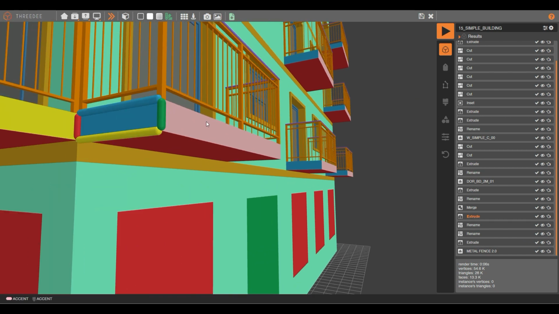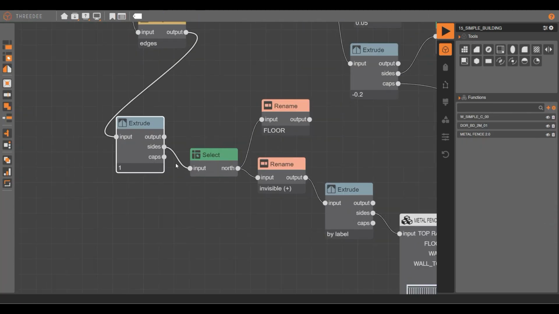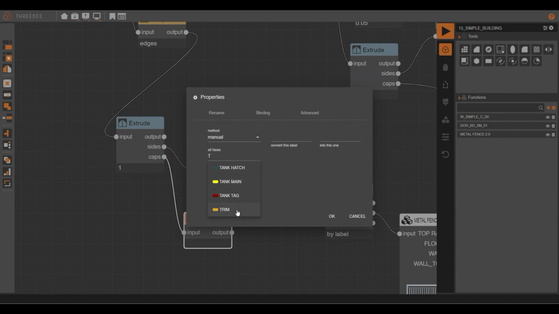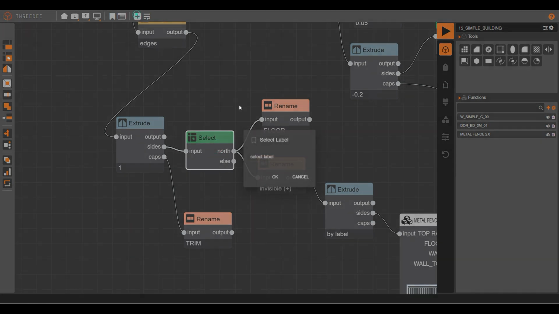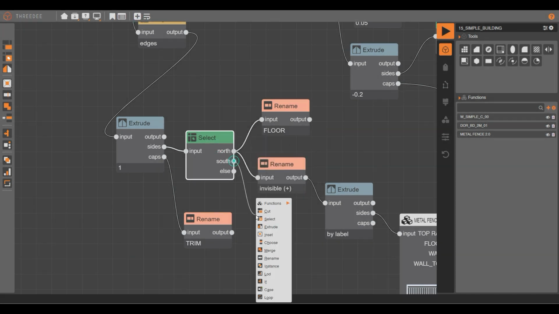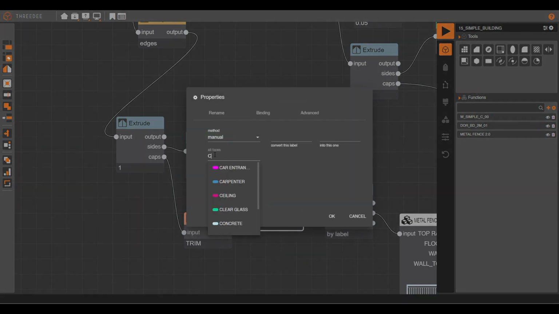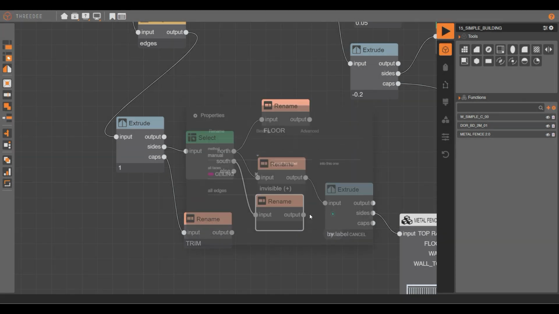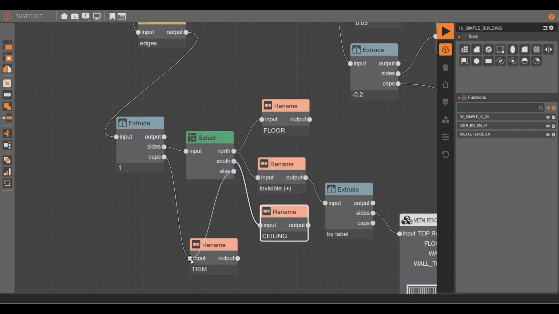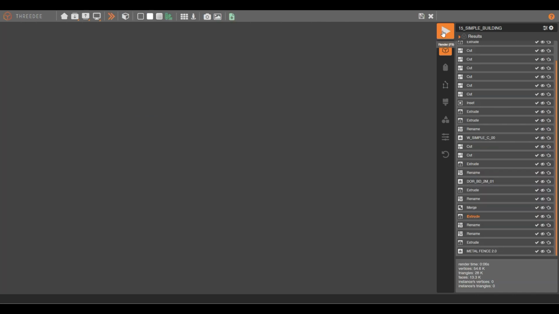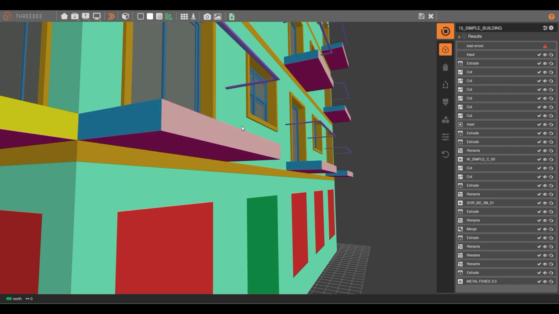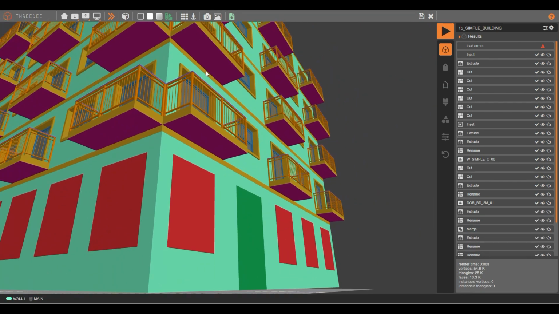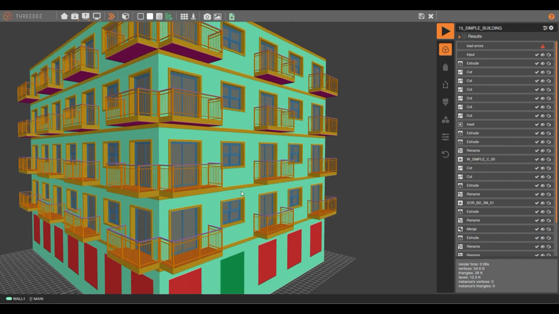Now I will rename the rest of these faces. My cap will be trimmed, and the rest, my south here, will be ceiling, and the rest of the faces of this extrude will be also trimmed. And now I got the result. I got my balconies,